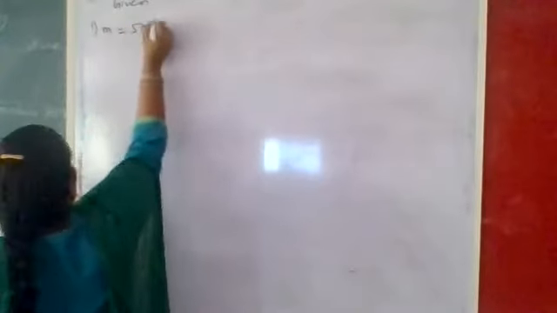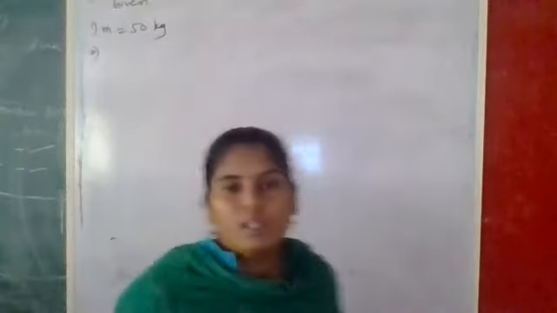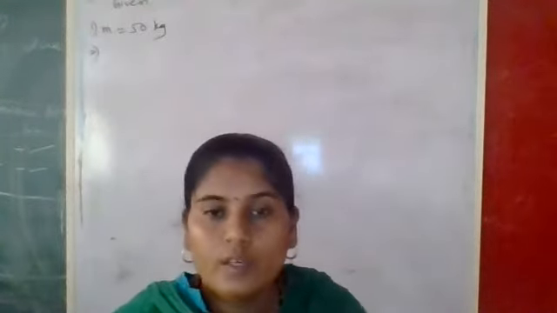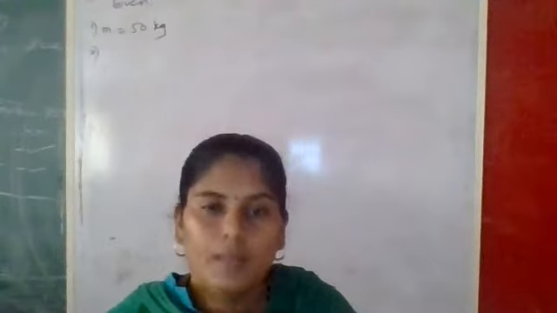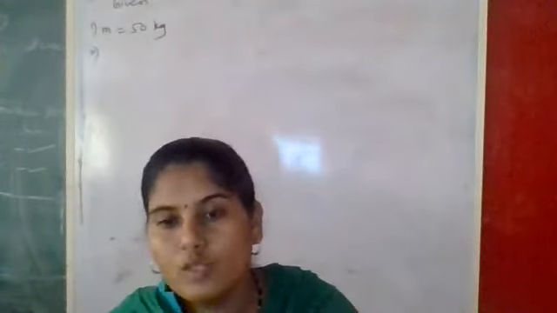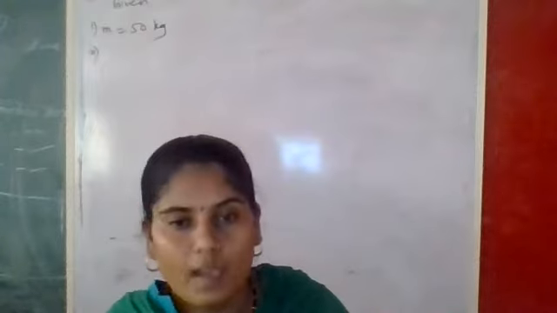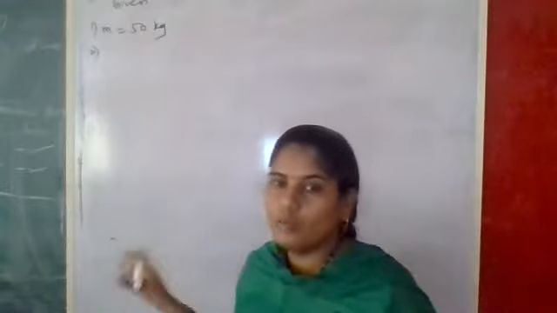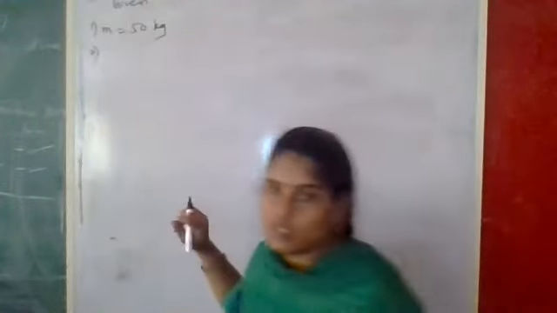So write down whatever is given. Mass they have given. First mass is given as 50 kg. Second, when mass is given in terms of Newton, you have to convert this Newton into the M in kg. Why? The formula जो आपला आहे omega n is equal to root of k by m. तर त्यामधला m जो आहे that m is in terms of the kg. That's why you have to convert that value in terms of the kg. That is the weight or the mass.